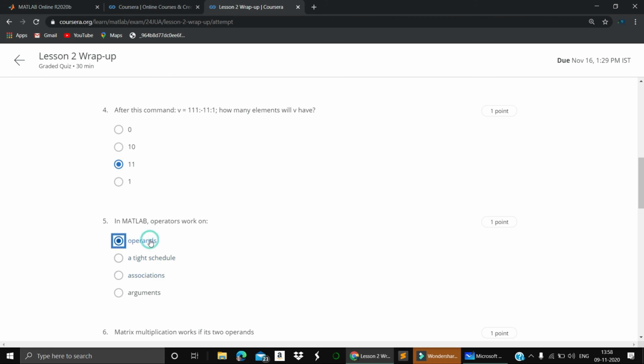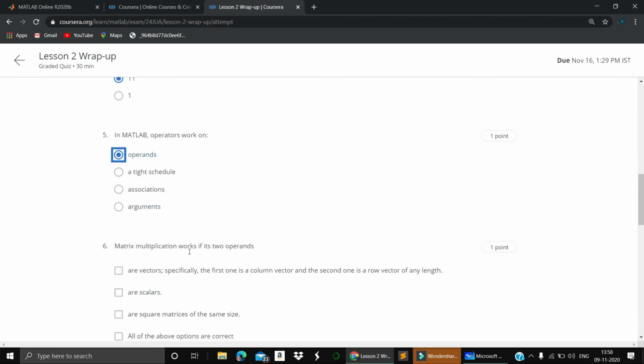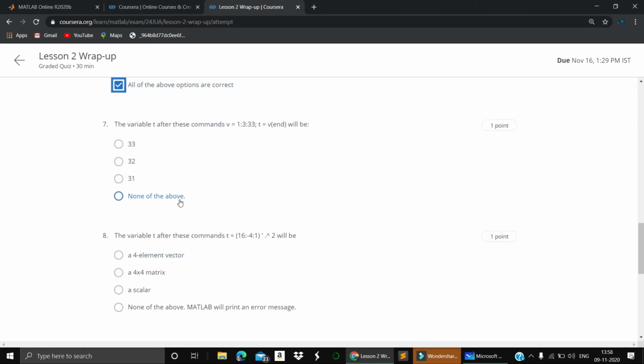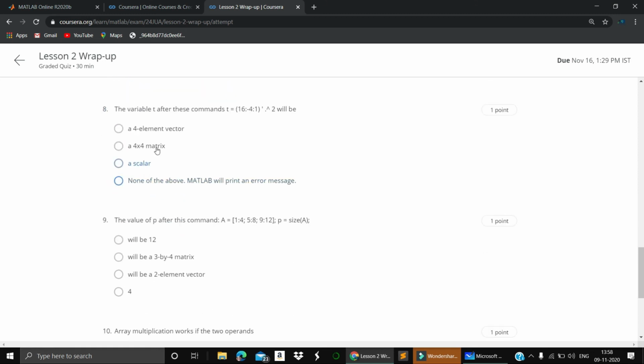This works on operands. Matrix multiplication works if the two operands are vectors, especially first column and second column. So this is right, scalar, same size. I have mentioned there itself why it is so. It will create a vector.